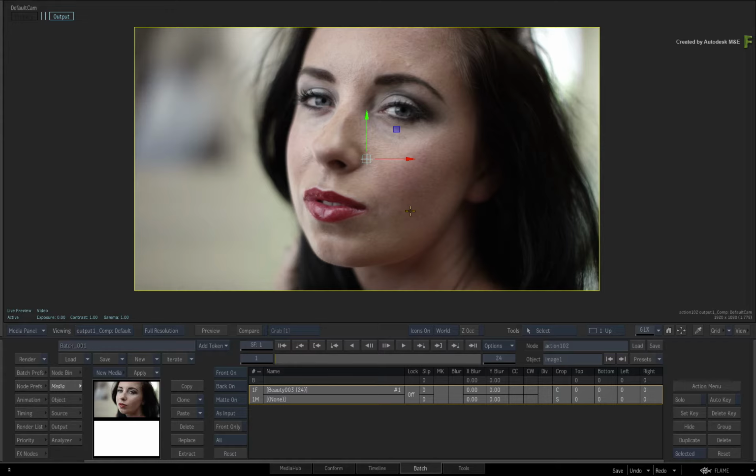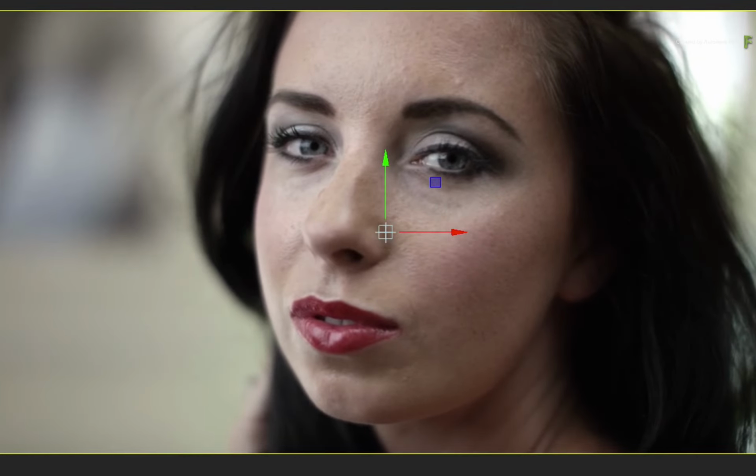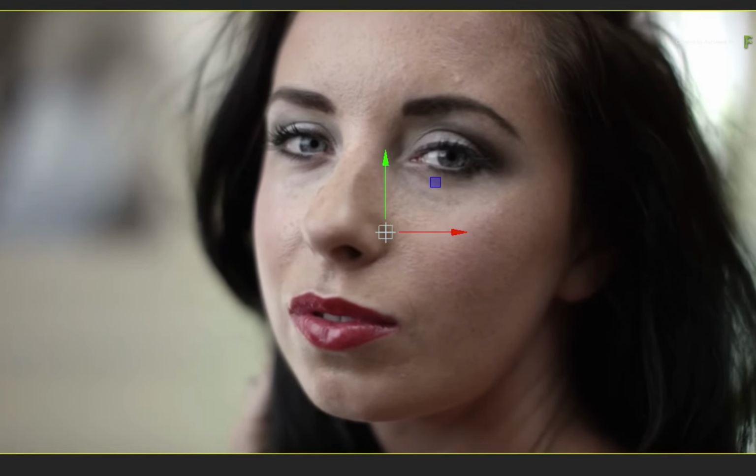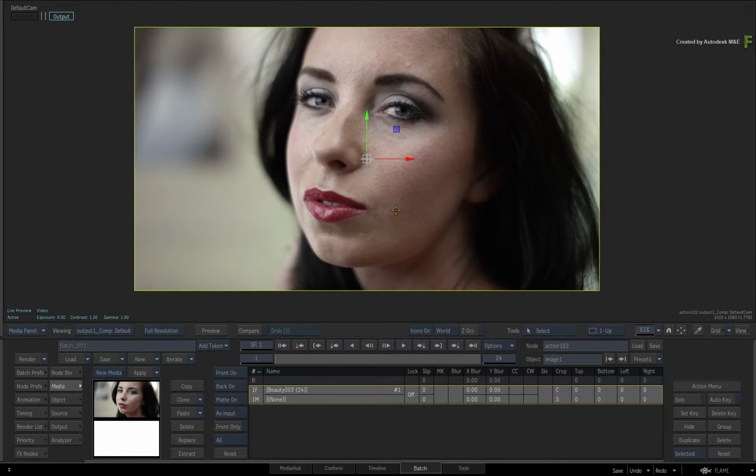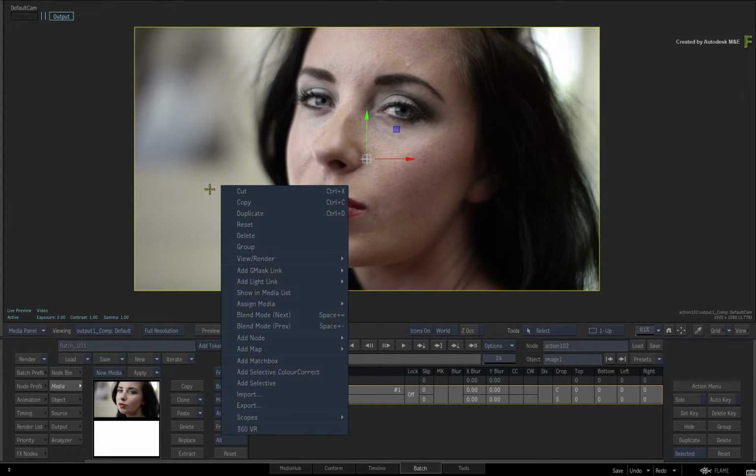So to set the context of what you're about to do, here you have a shot of a model, and you're going to create a freaky sci-fi feel to the shot. This includes glowing eyes, color-corrected skin tones, and you'll also increase the visual focus to her face. All with selectives. Go to frame 1 and select the image object and call up the contextual menu.